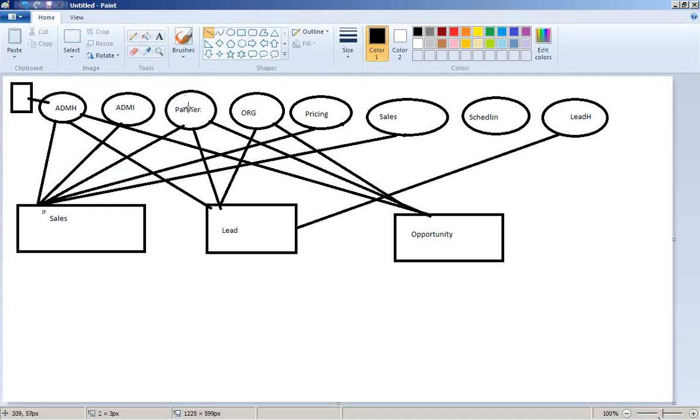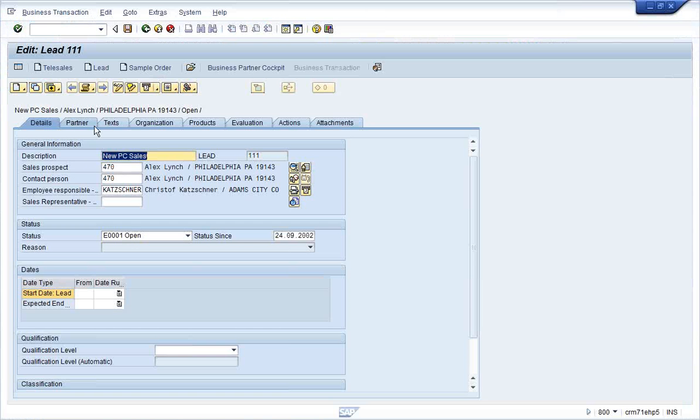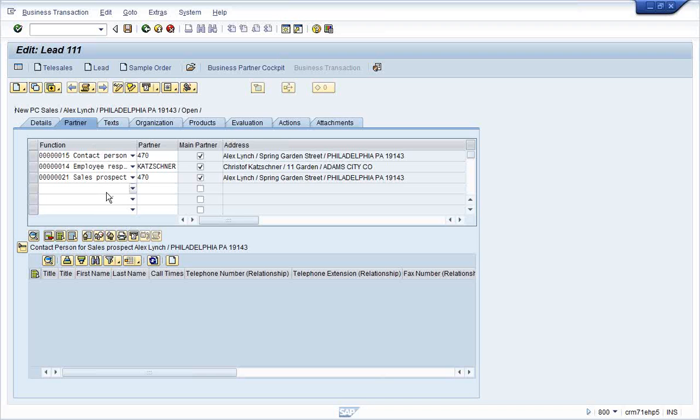And you notice here the partner data set is common for all. So there can be data sets which are common for more than one transaction category. I told you every data set is assigned with a database. Now the database associated with this partner type will contain the data of multiple transaction types. Now I'll show you one by one. Here in this partner tab, it is showing the details of a lead, correct?